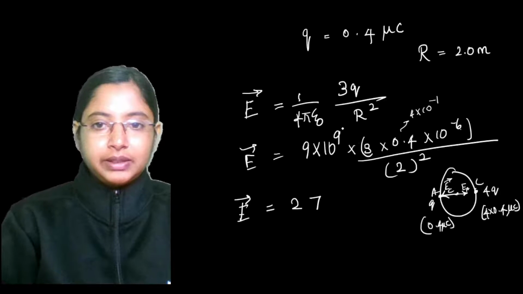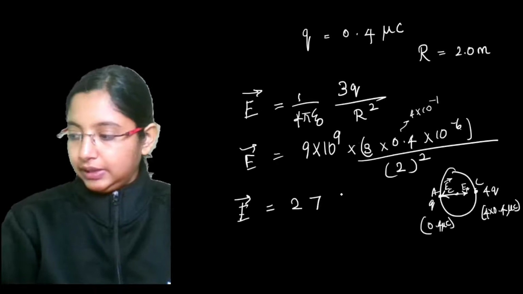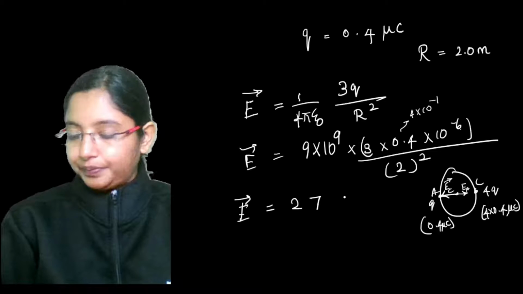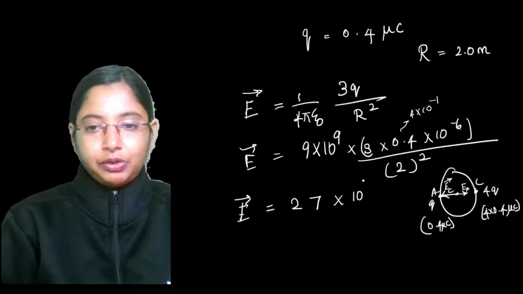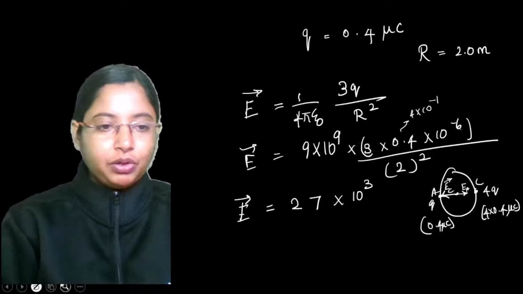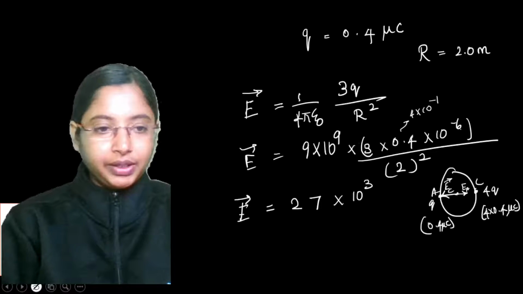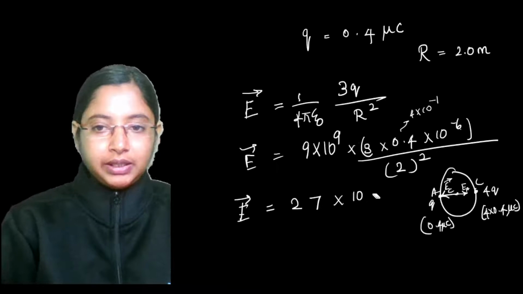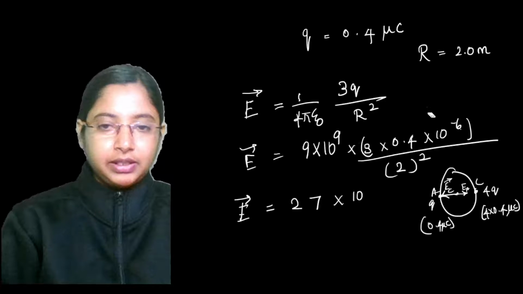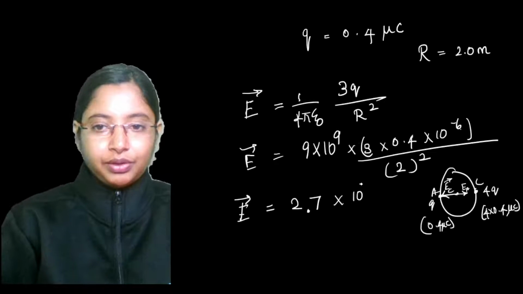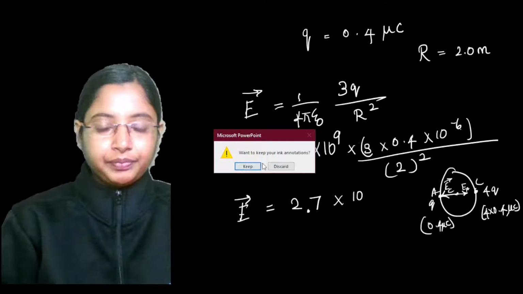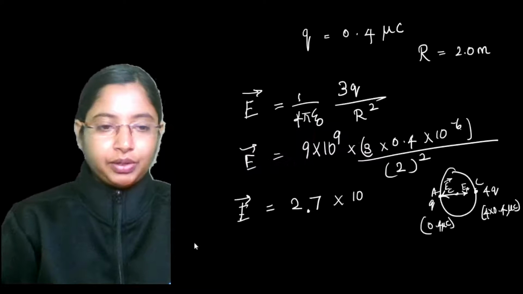Minus 1 minus 6, 9 minus 6, this will be 10 to the power of 3. But if I want to write it in decimals, then over here I can write this value as 2.7 into 10 to the power of